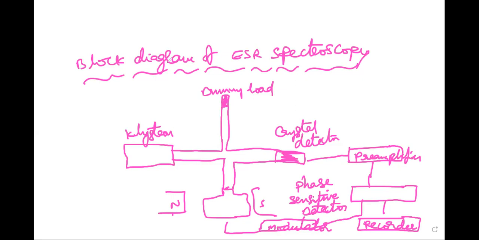So in this, an electromagnet capable of supplying a homogeneous magnetic field, this is the homogeneous magnetic field, N S, and a suitable sample cavity, and the arrangement of radiation energy into the sample cavity, and a suitable oscilloscope or recorder. So this is the simple block diagram of a balanced bridge ESR spectrometer.